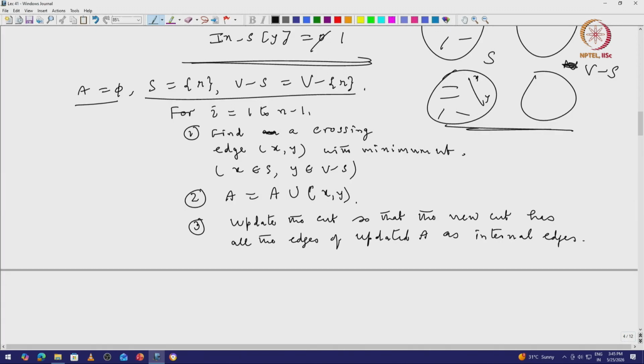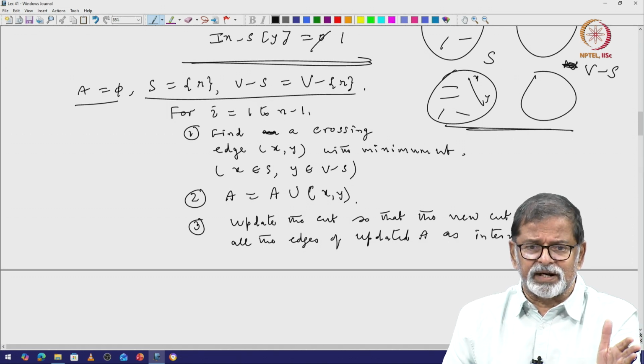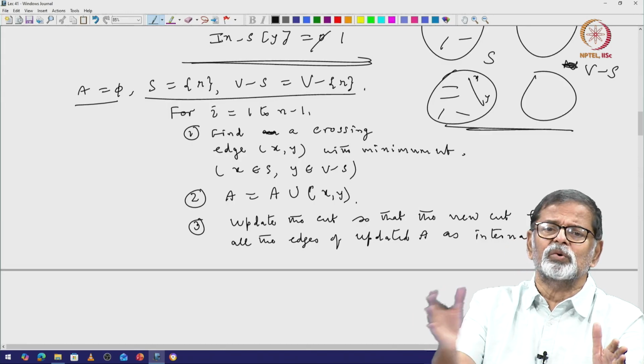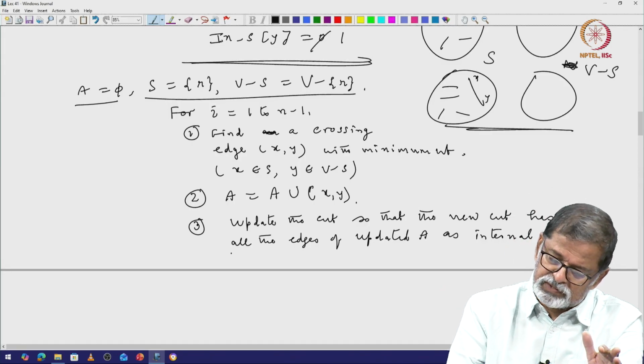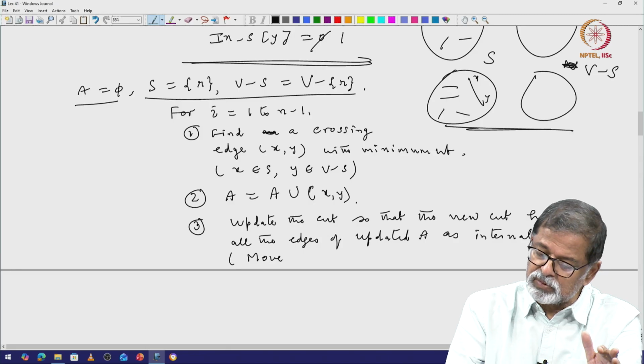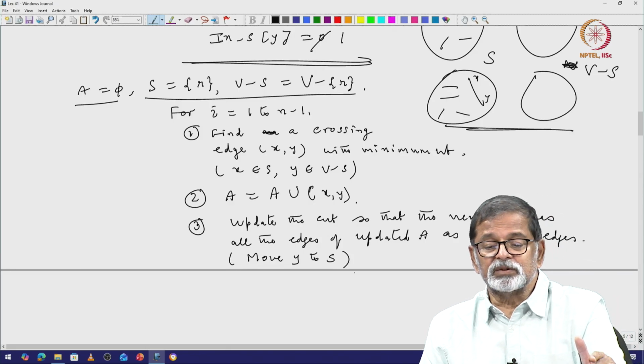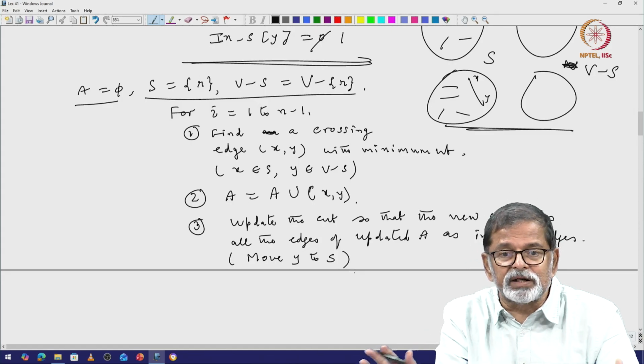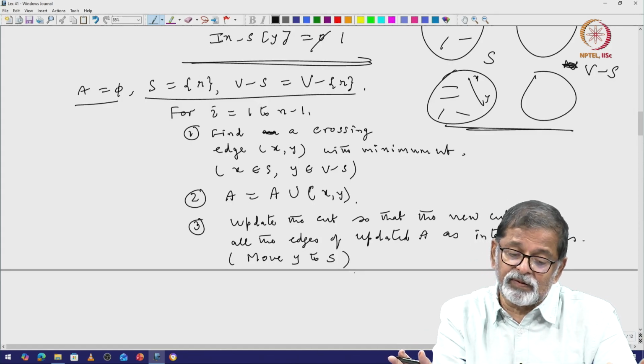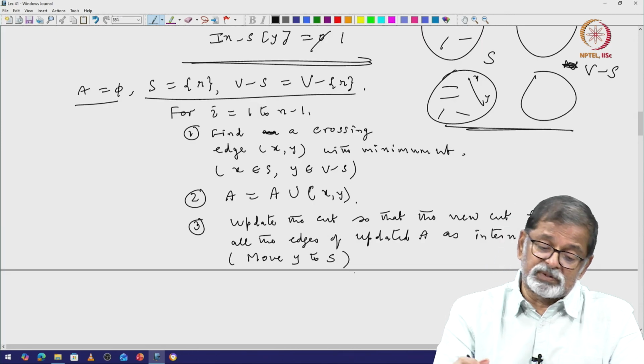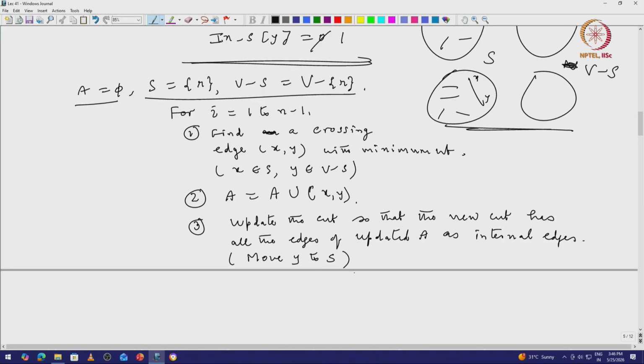So what is involved in updating of the cut? Updating of the cut simply involves moving y to S. That is it. Move y to S. When you do that, the cut is updated. Now again go back, find a crossing edge with the minimum weight, add that, update the cut, find the minimum